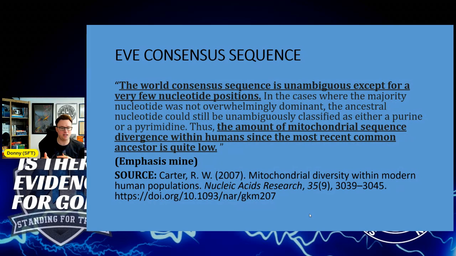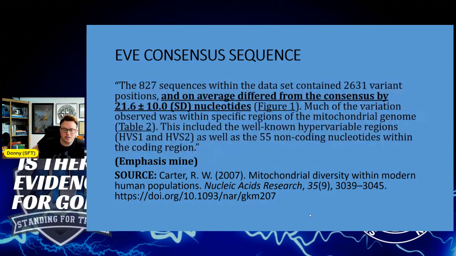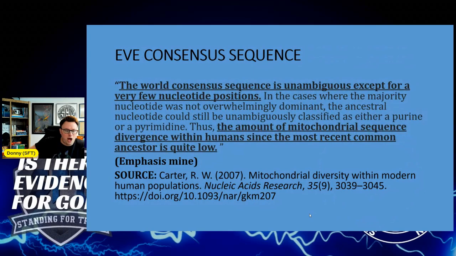We've identified the Eve sequence, as you can see here. It's been published in the secular literature by young earth creationists. Now, this paper here, as you can see, in 2007, mitochondrial diversity within modern populations. As I've pointed out, Dr. Rob Carter, the author of this paper, he took a database of mitochondrial chromosomes around the world. He aligned them all. And by doing so, he was able to discover where the mutations were through this process. And that's how we find a consensus sequence.